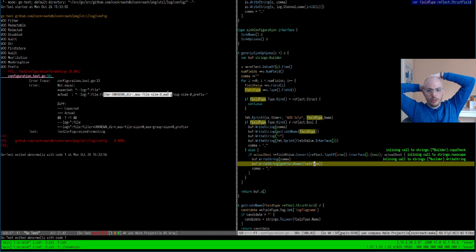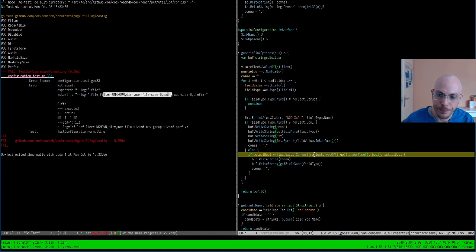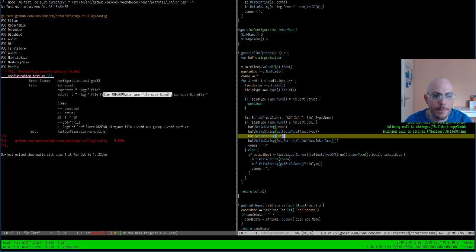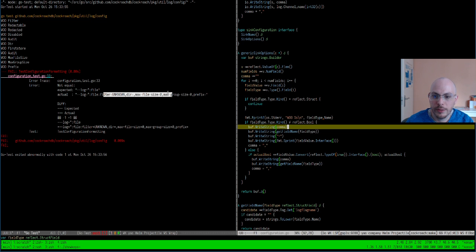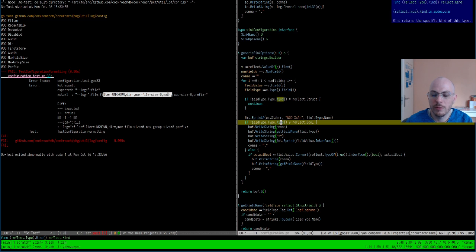Now, what we're also going to do is omit the key value pairs every time the value is the default value for that type. And the reflect package can help us with that too. The way this works is something to do with the types.